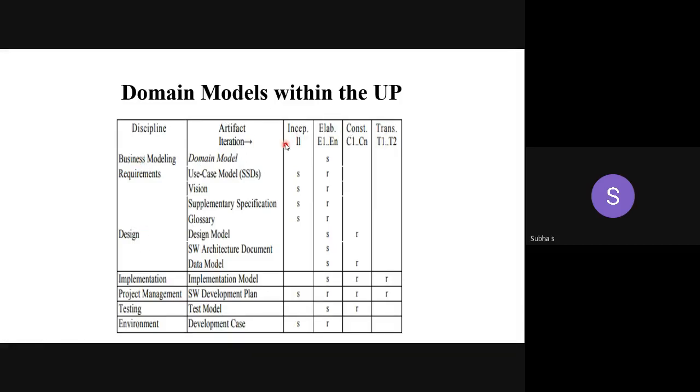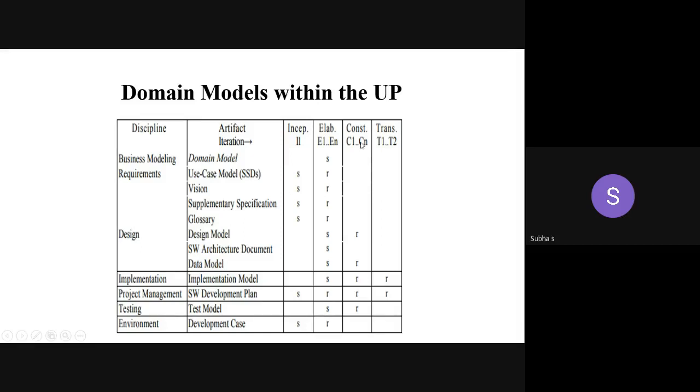Now come to this one, 4 parts. These are the 4 phases, just given shortly: inception phase, elaboration, construction, and transition. Here I have mentioned I1. I1 means what? Inception phase contains only one iteration. These are the different iterations that are taking place, and in which phase these artifacts are used, that is mentioned. Then the elaboration phase may have 5 iterations, 6 iterations. I have mentioned it has 4 to 6 to 8 iterations.